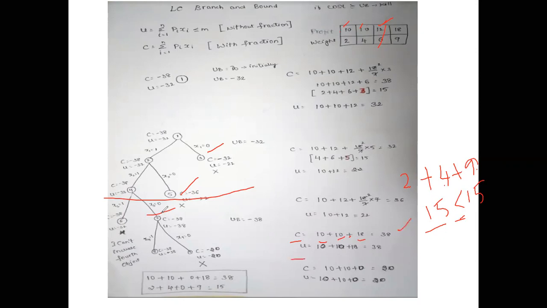So what is the upper bound value? Again, it is the same, 10 plus 10 plus 18, whose value is 38. Did you get this point? Why are we not doing fraction here? Because the entire weight of item 4 can fit into the bag, which follows the constraint saying that it is less than or equal to the maximum capacity. So you can fit the entire item 4, no need to go for a fraction of item 4. Did you understand till now?